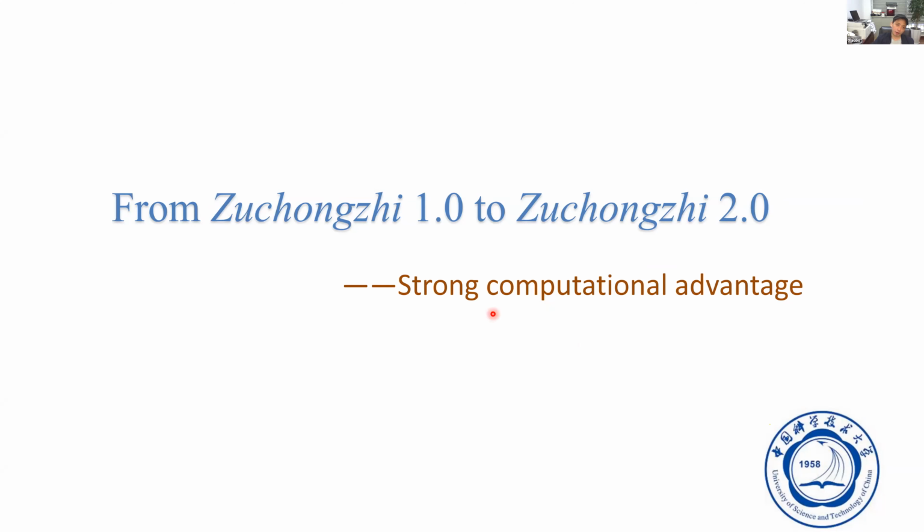So from Zuchongzhi 1, we spent quite a lot of time going to Zuchongzhi 2. That means we can really control the qubits, we can really operate the qubits simultaneously, and with very high readout efficiency.